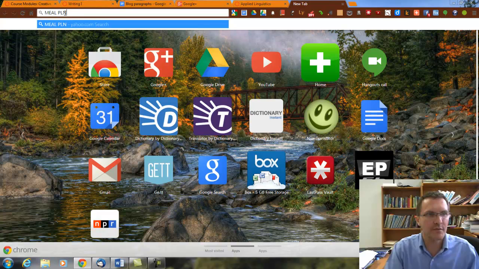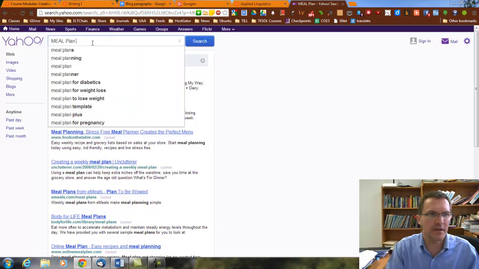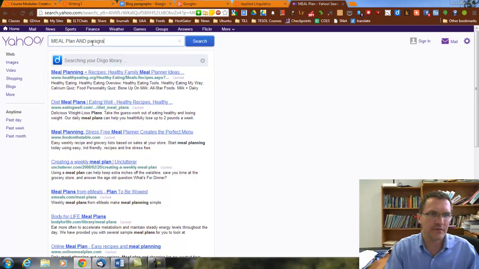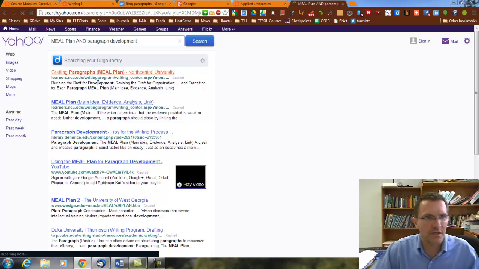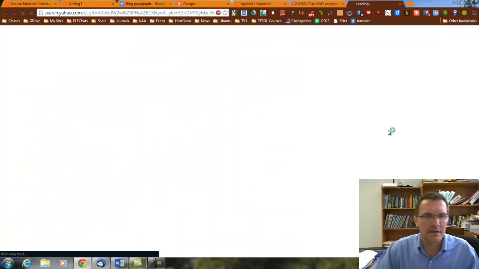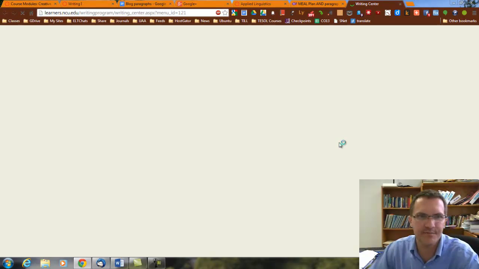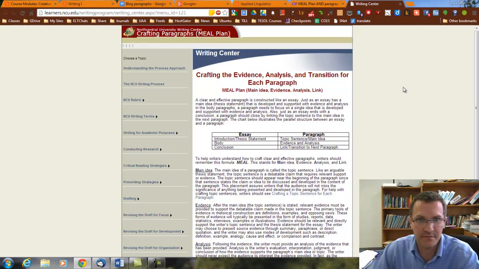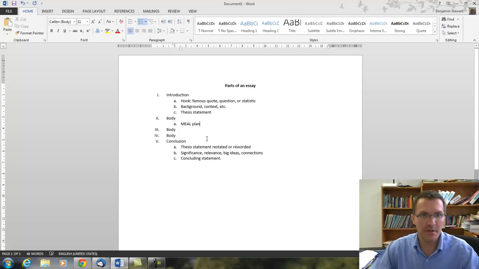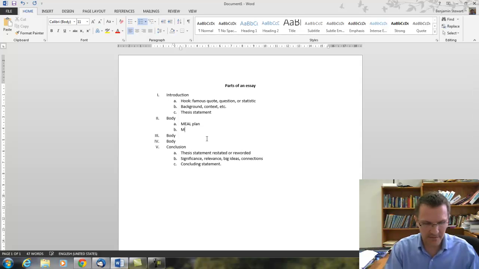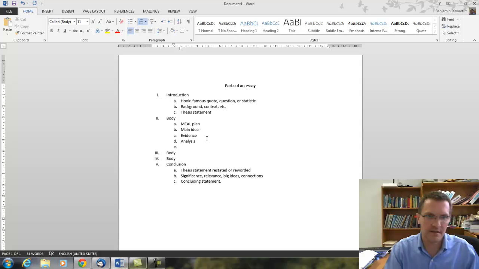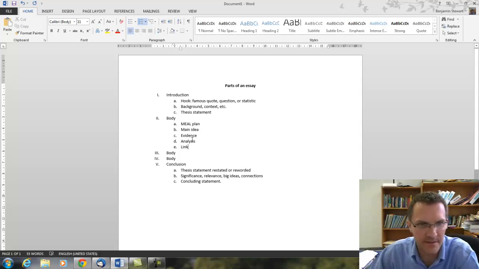And you can get more information on the meal plan by searching meal plan and paragraph development. If you do a Boolean search using the operator "and" to search for these 2 key terms, you will get this web page, and this explains a little bit more in detail what I mean by the meal plan. But essentially, it's an acronym that means main idea, evidence, analyze, and link. So when you're developing a paragraph, the idea is to create sentences of each of these